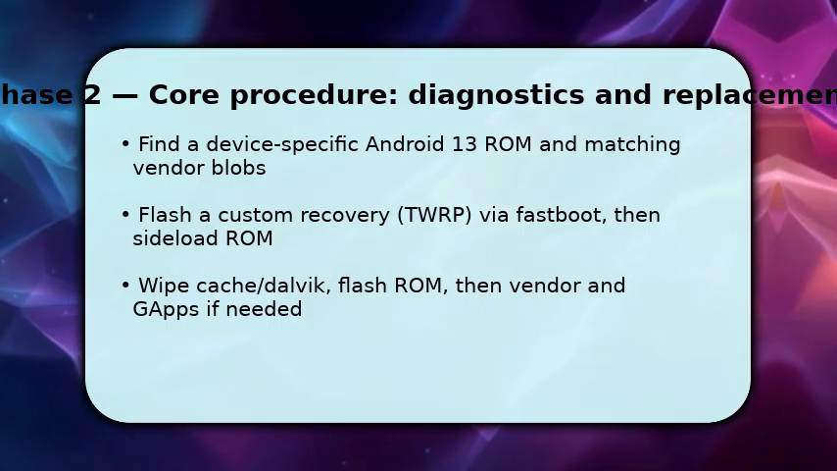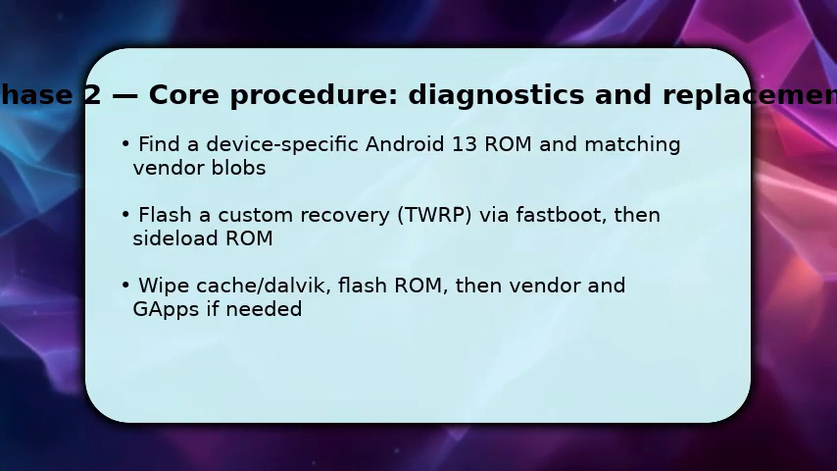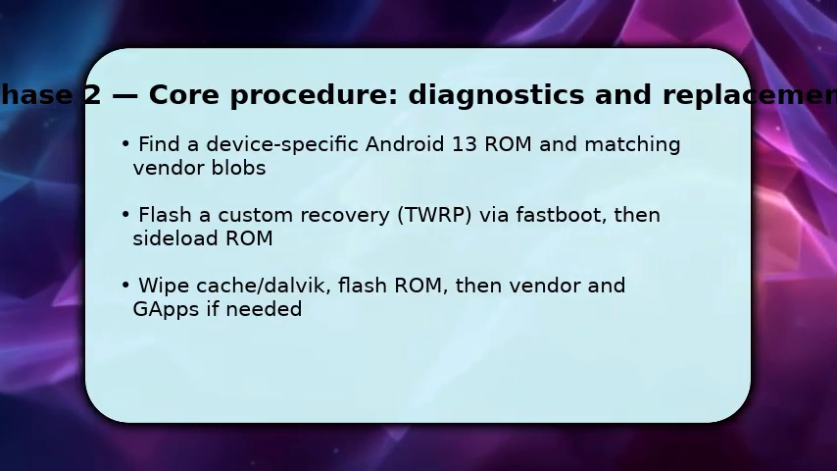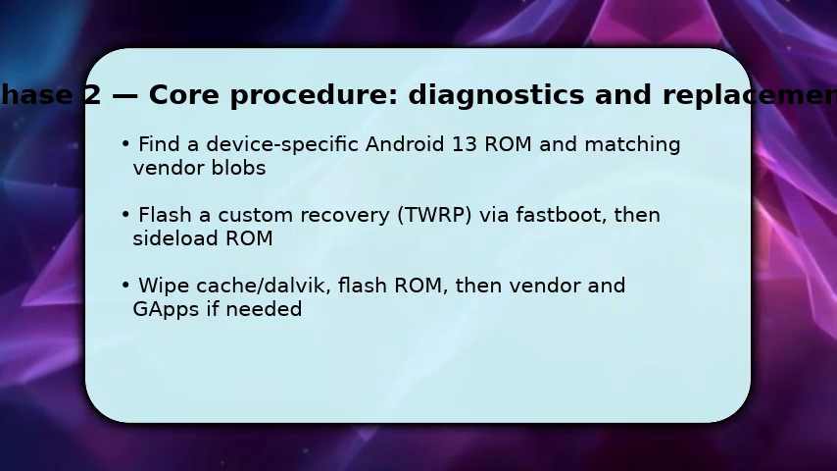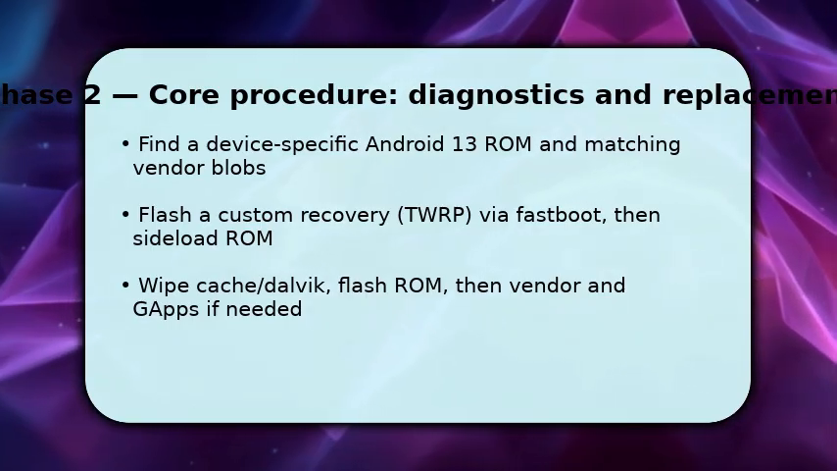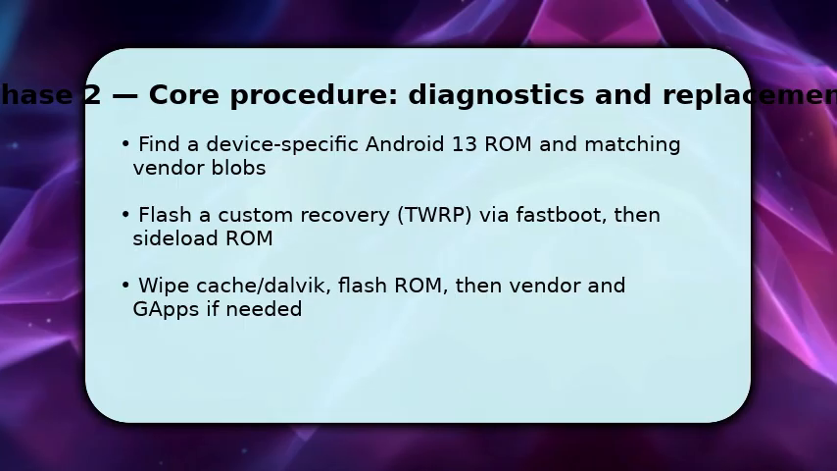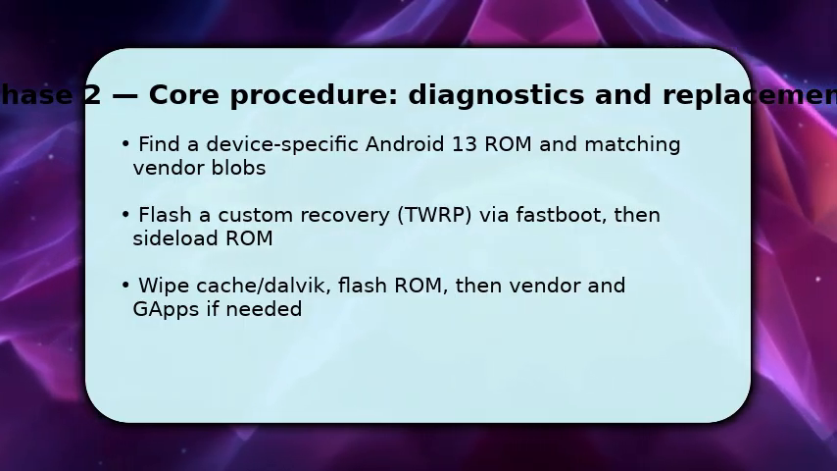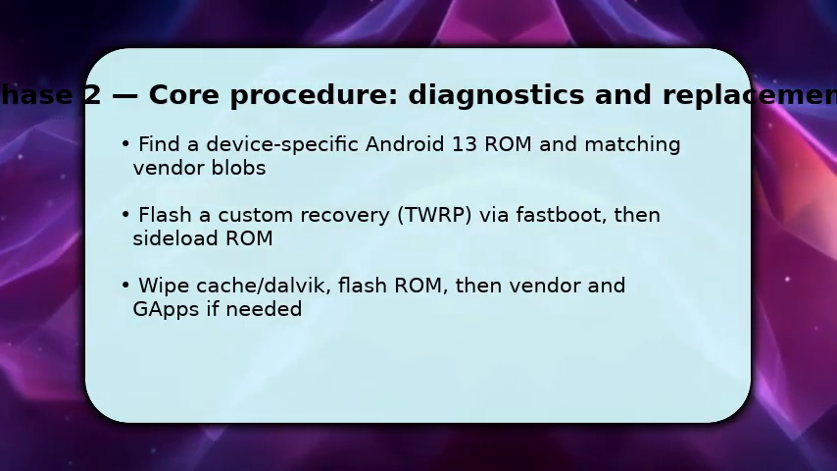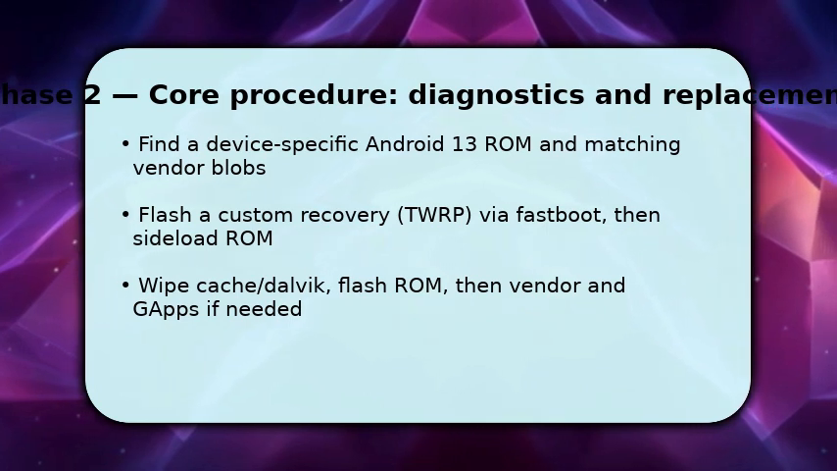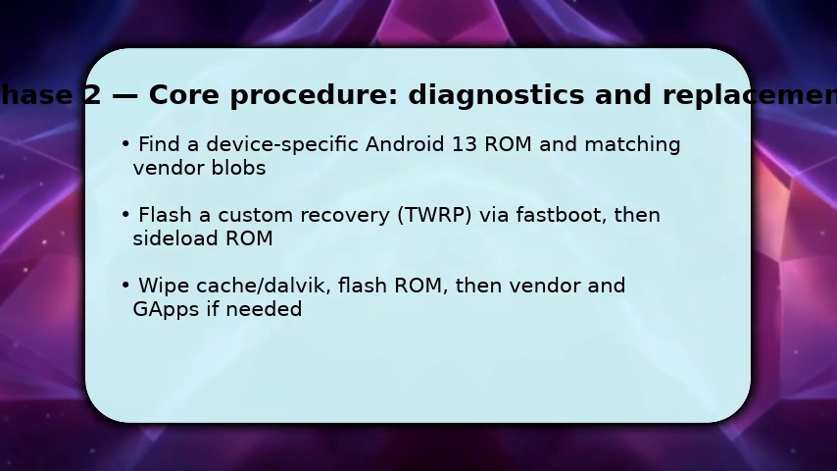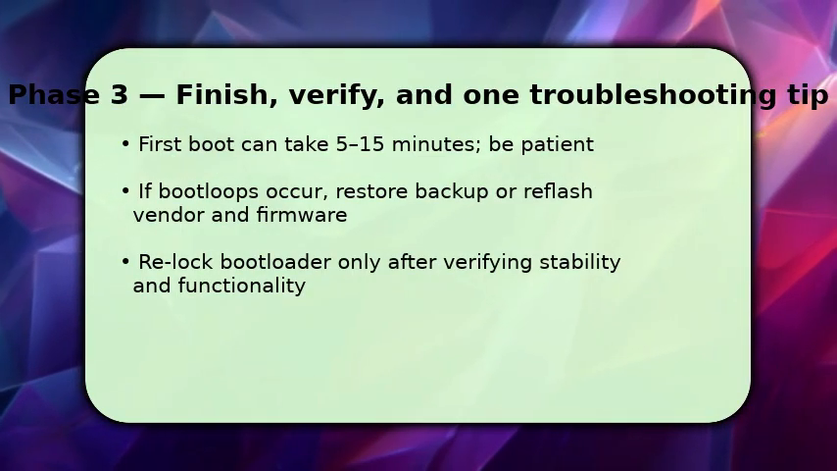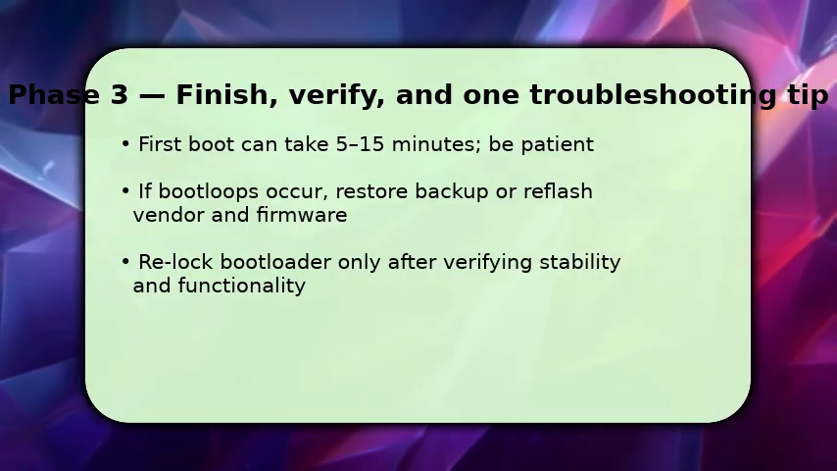Once ready, flash a custom recovery such as TWRP using fastboot flash recovery. This recovery will let you sideload the ROM safely. Then boot recovery, perform a cache and Dalvik wipe, sideload the ROM zip, and flash vendor blobs and GApps if you want Google services. You do these steps in order to ensure the system, vendor, and apps match and boot correctly. Finally, you reboot and expect a long first boot, usually 5 to 15 minutes, so be patient and avoid